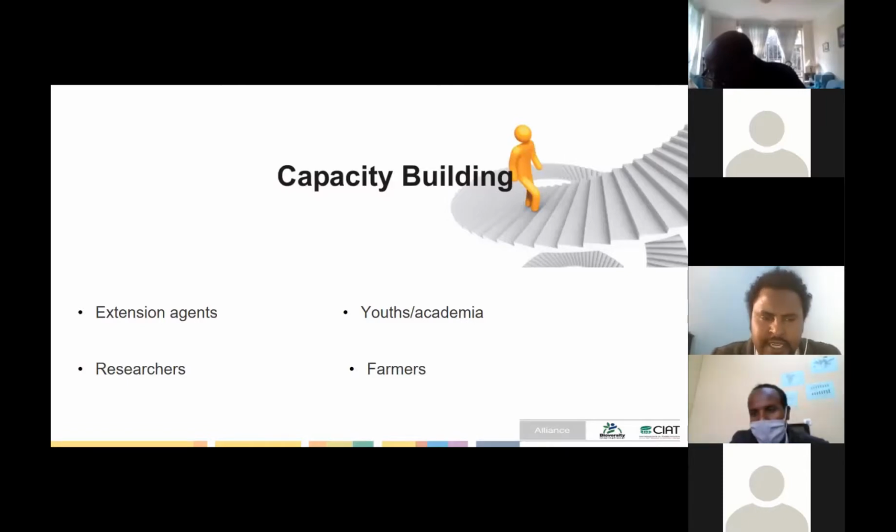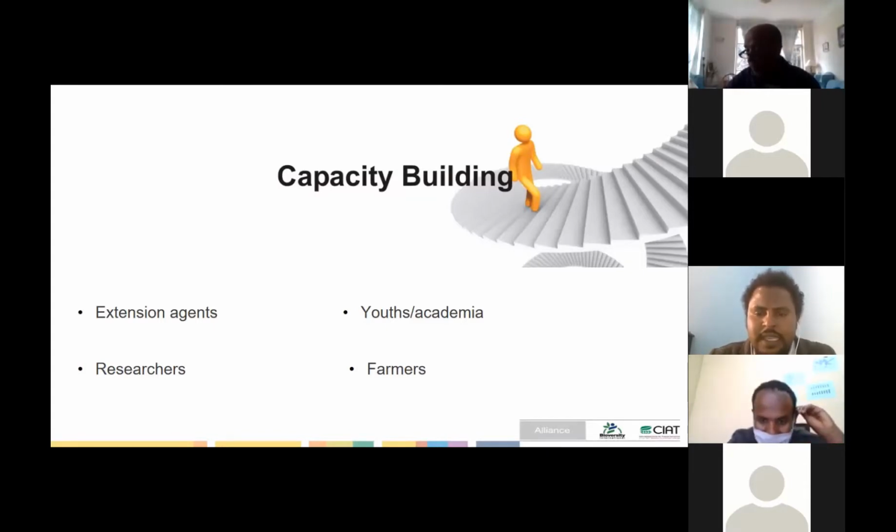And also yesterday there was a discussion about academia, how we can integrate this into the education system. So maybe we can have also workshops at different levels to have a clear idea of what we want to have in the system, in the extension system in the country, and also to take it further in the future. So capacity building is really a key component of this system.